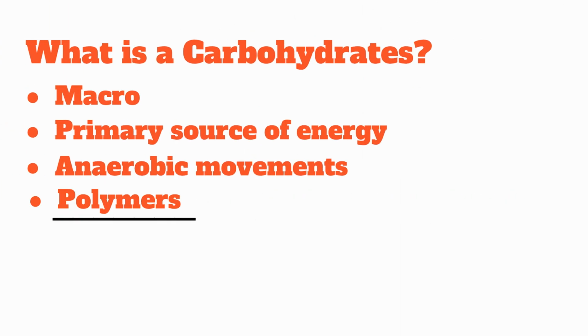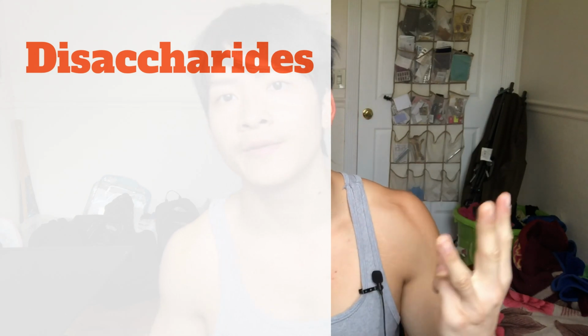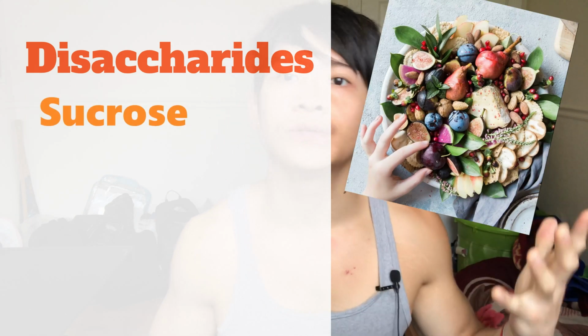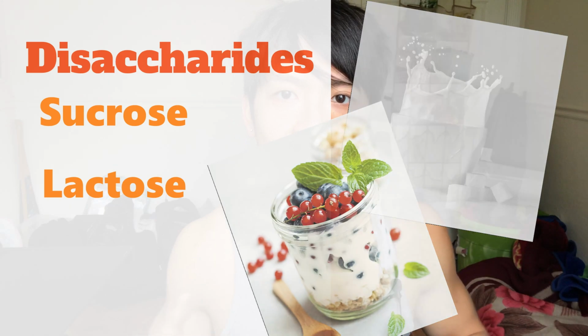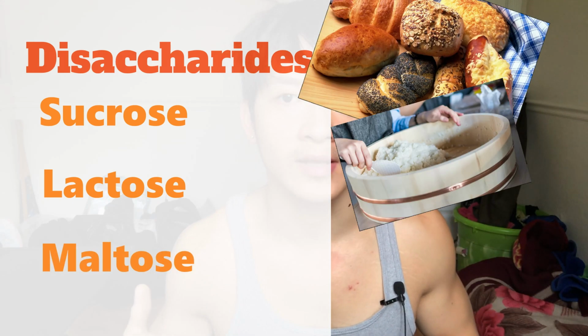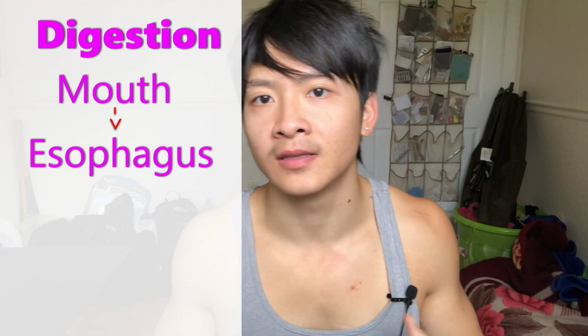Carbohydrates, polymers, or molecular structures are saccharides. Carbohydrates have many forms of polymers. The first one comes in natural whole food, like disaccharides. Disaccharides comes in three forms: sucrose like fruits and candy, lactose like milk and dairy, and lastly maltose like bread, rice, and pasta. When we consume a disaccharide, we begin at the mouth, then the esophagus, then to the stomach,